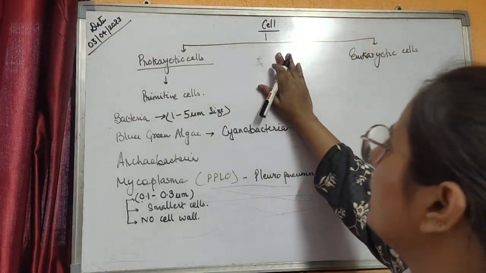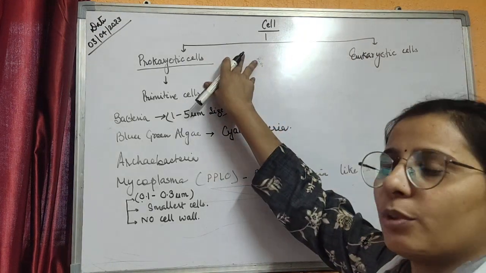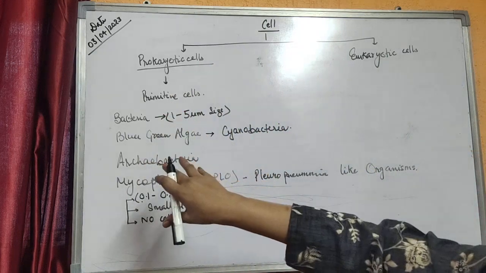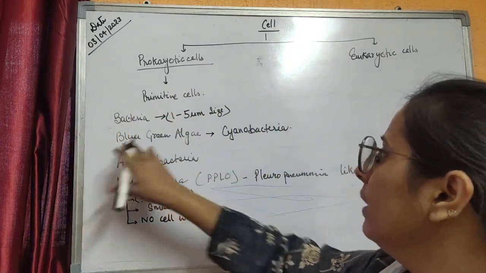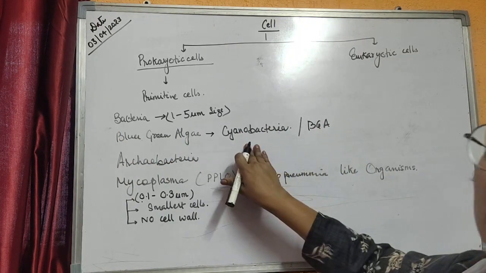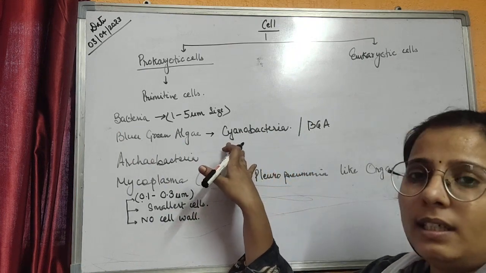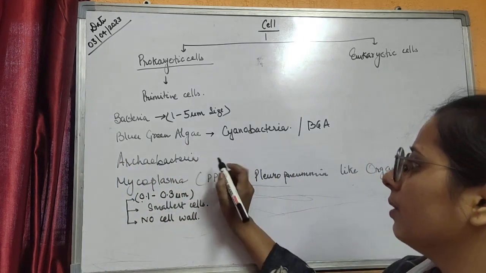Now we will study prokaryotic and eukaryotic cells. What are prokaryotic cells? Prokaryotic cells are the primitive cells. These include bacteria and blue-green algae, BGA, that include the cyanobacteria. These are green in color and they photosynthesize, while the archaebacteria are